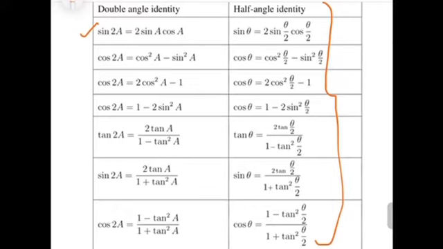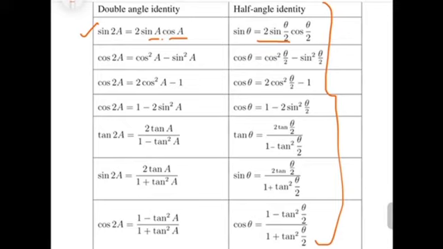So sin 2A, that is sin theta, A by 2 times 2, the A gets cancelled, so it is theta. 2 sin theta by 2, instead of A here we have theta by 2, and here as well, instead of A, theta by 2. That is the half angle identity. So instead of theta, you have to substitute half of theta. So we get the half angle identity from the double angle identity.